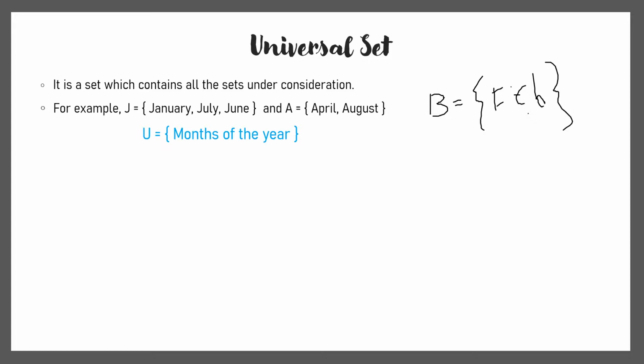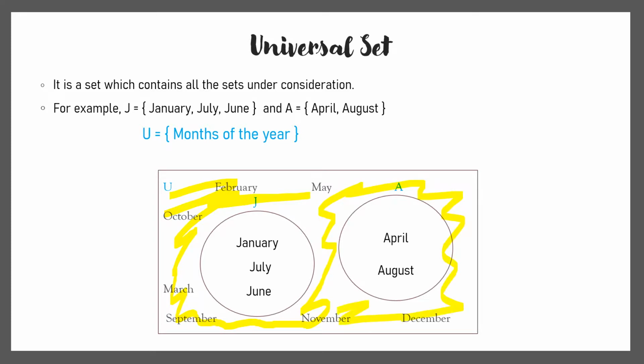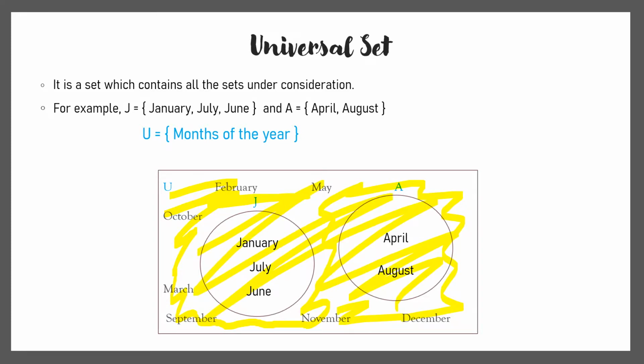Okay, now if we look at the Venn diagrams for universal set, I think yes, we have already discussed this universal set in our previous video when we were discussing Venn diagrams. So here is a Venn diagram for universal set. This U, this whole portion is universal set. This full is universal set and it contains